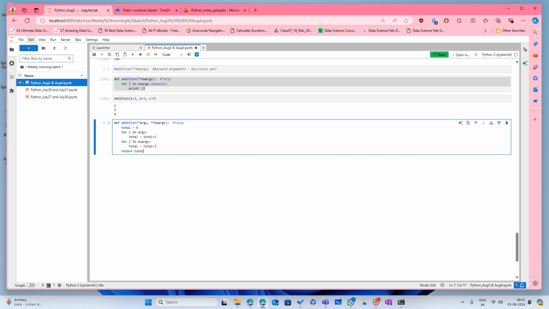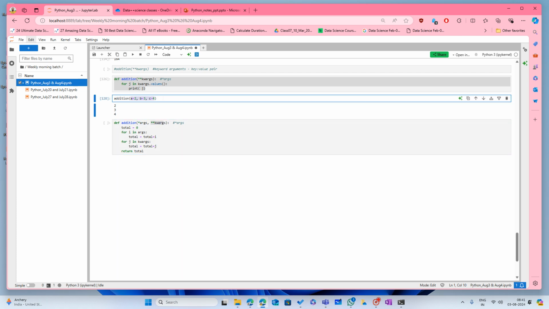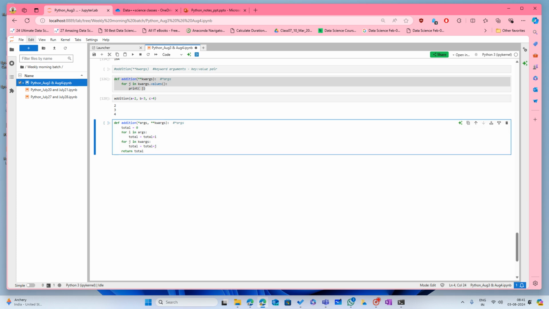Very simple. What I'm saying is let users pass whatever they want to pass, and keywords I will accept later on like these defined values. What you have to do is accept all the arguments, accept all the values from kwargs, add them, have the total ready, then iterate over the keywords, add those to the total, and finally return the total. Here also I have made one slight mistake deliberately. I will show you